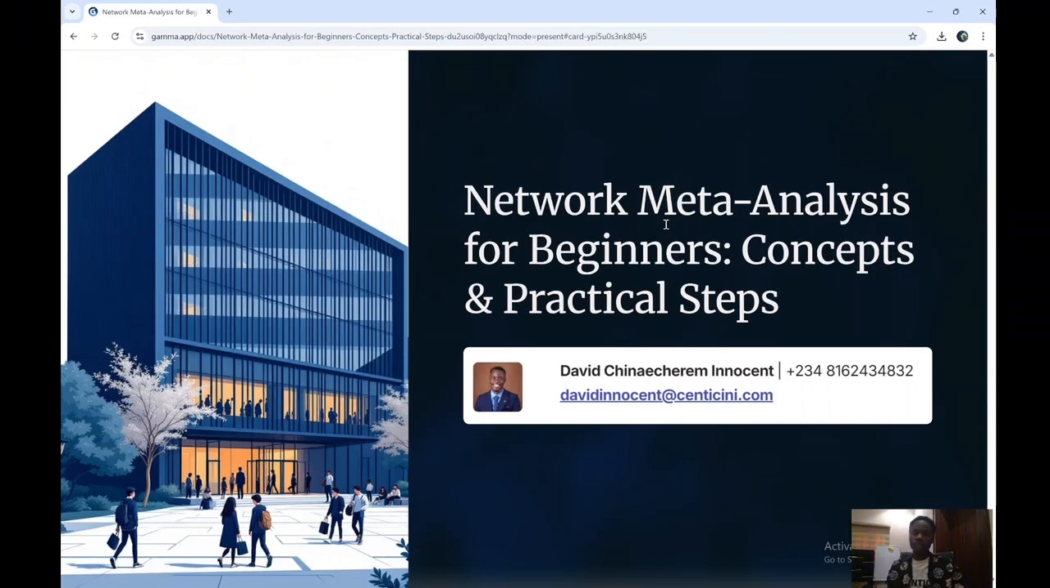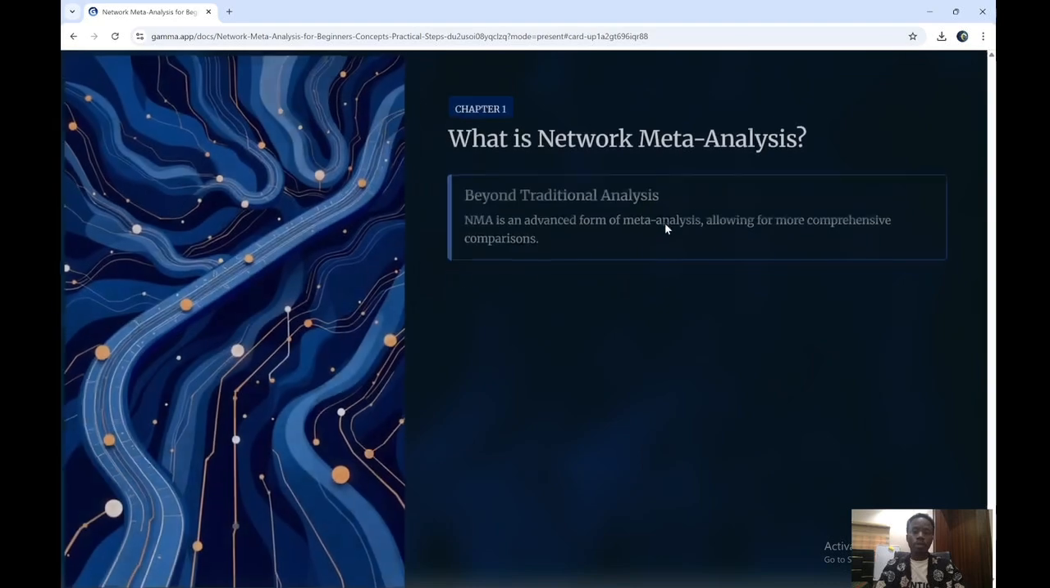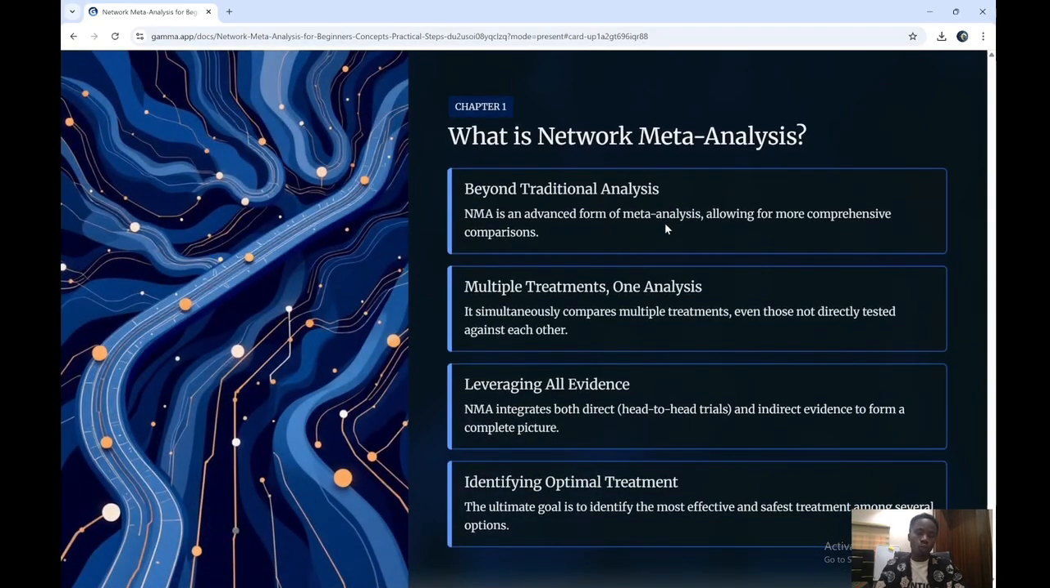Now let's get started. We are going to be talking about network meta-analysis once more for beginners. We're going to be looking at some of the concepts and some of the practical steps. And one of the things we need to understand is what a